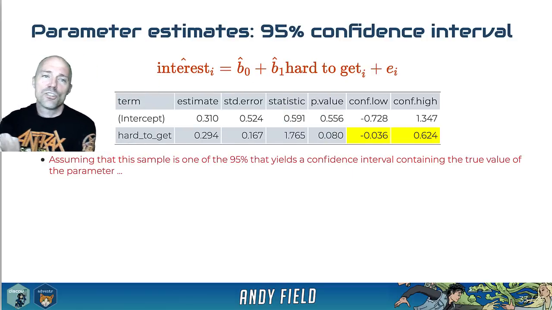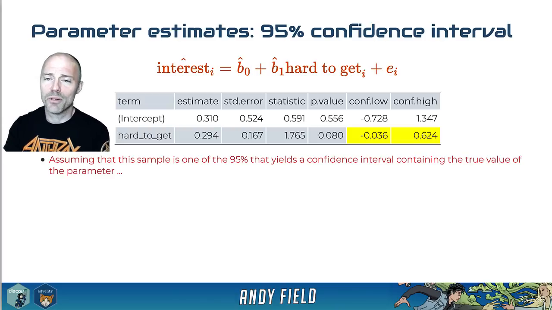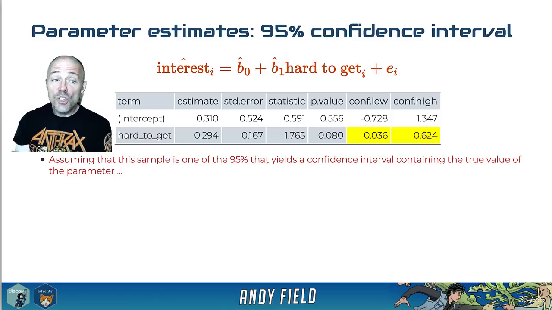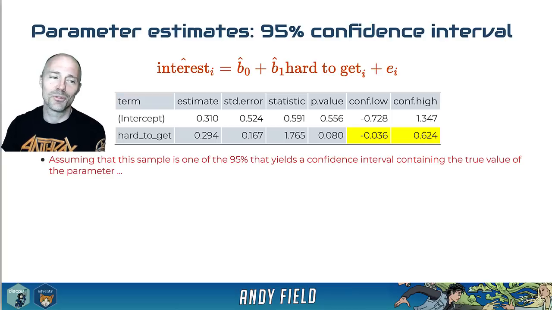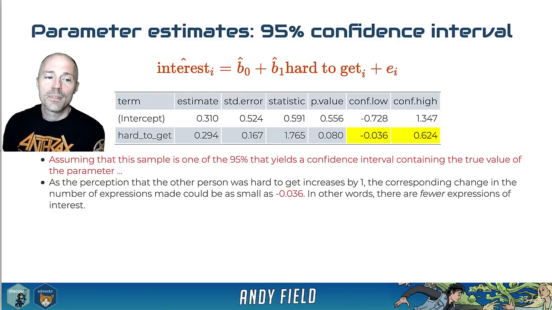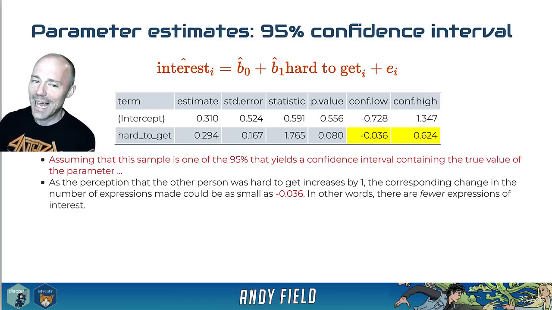We can also construct a confidence interval around this effect. So this is what we've done here, and I've highlighted the lower value and the upper value of this interval. And the way we would interpret this is to say that, assuming that this sample is one of the 95, this is the easiest way really to interpret confidence intervals, I think. Assuming that this sample is one of the 95% that yields a confidence interval containing the true value of the parameter, and I put it in red because we're making that assumption, as the perception that the other person was hard to get increases by 1, the corresponding change in the number of expressions made could be as small as